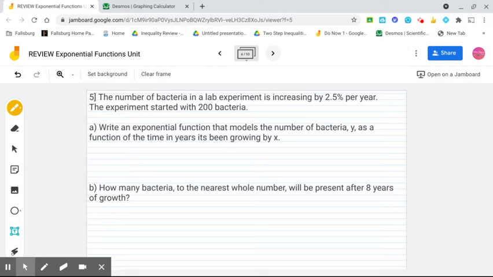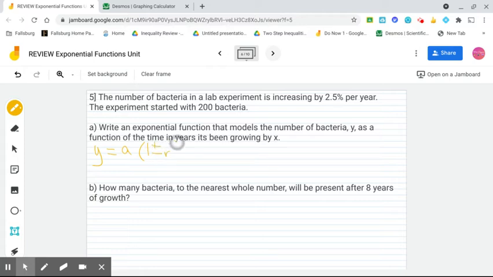Number 5, the number of bacteria in a lab experiment is increasing by 2.5% per year. The experiment started with 200 bacteria. Write an exponential function that models the number of bacteria, y, as a function of the time in years it's been growing, x. Okay, so this is where we're going to use the formula y equals a times 1